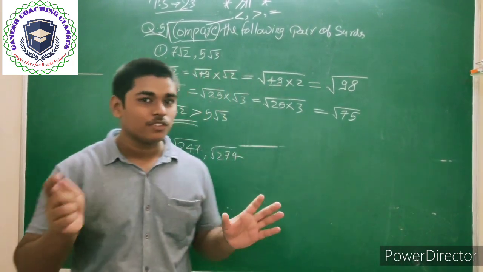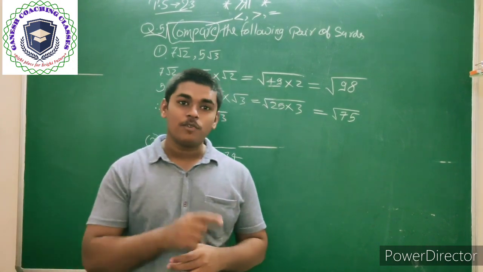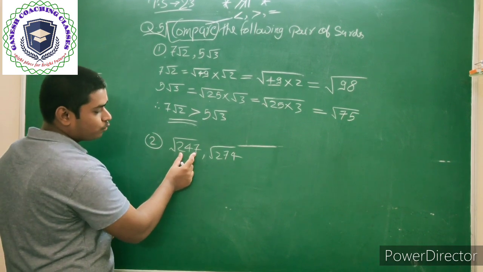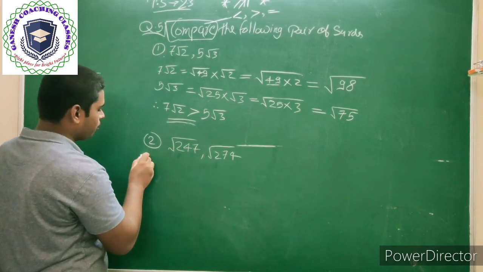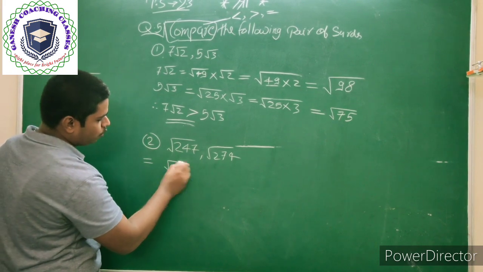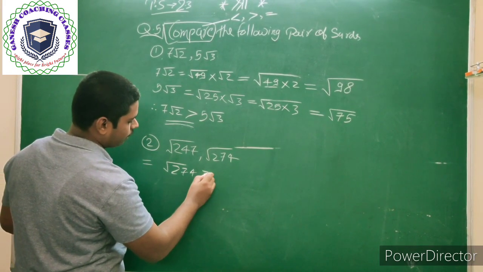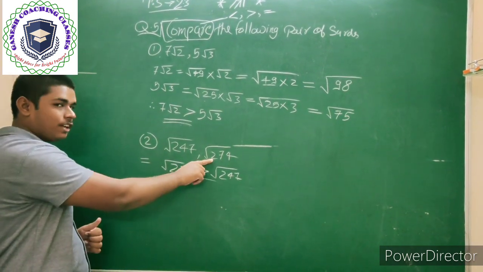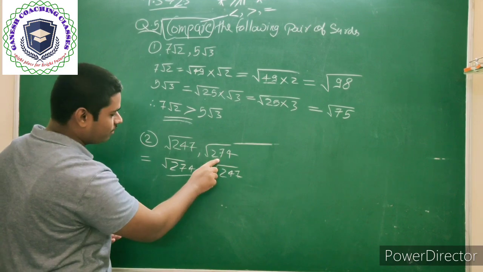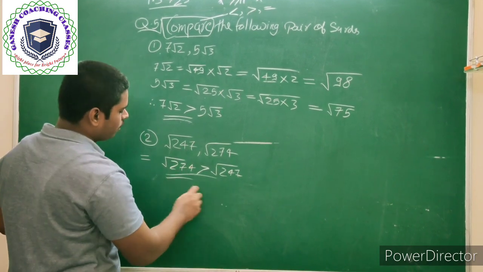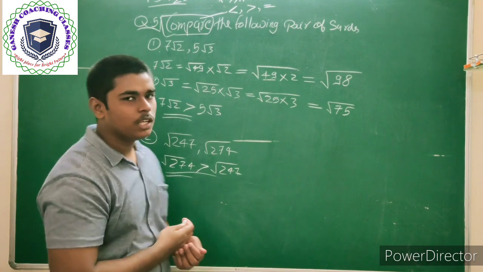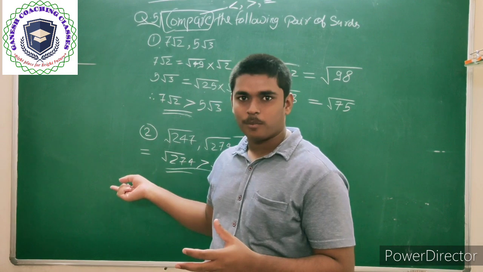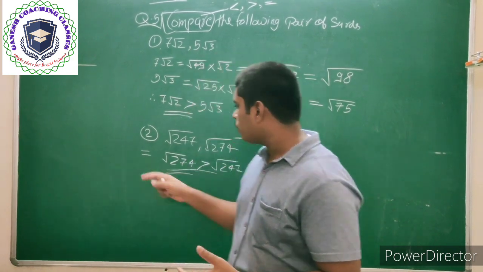At the start of question number 5, I told you that we have to compare only radicands. So here, in the first case 247 and in the second 274. We can write that 274 is greater than 247, because the radicand of the second case is clearly greater than 247. So we solve it by this method. If we are not getting any coefficient, we do not have to solve any further step, so we finalize our answer.